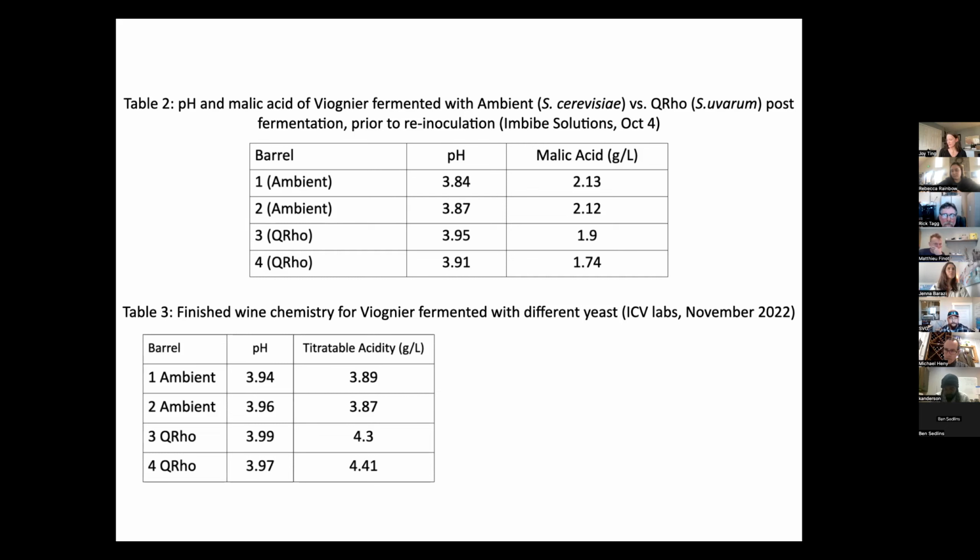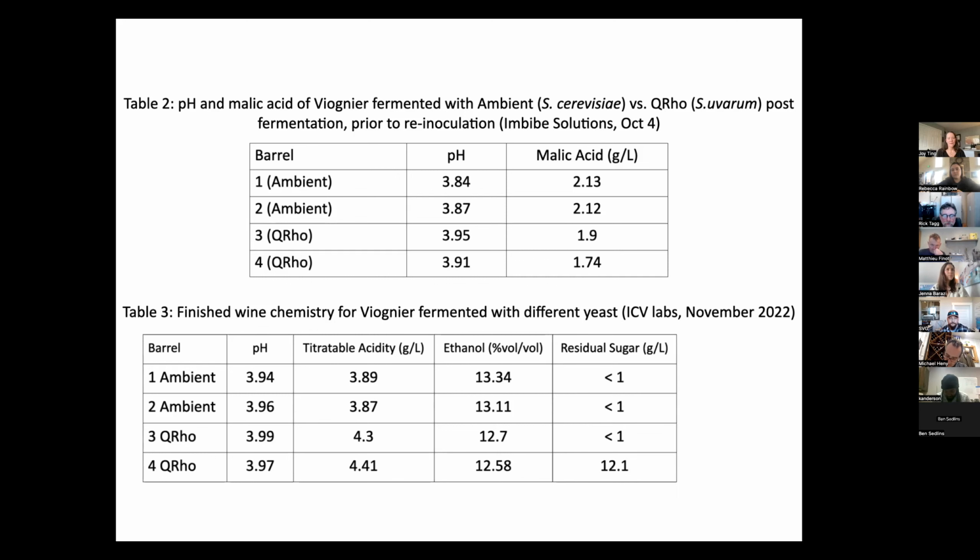So it might be that we're making a little succinic acid, not really affecting our pH, but having a little higher TA. But the TA can be affected by so many different things. It's really hard to hypothesize what that's about. Once again, we see a little bit less ethanol conversion in the uvarum versus in the ambient